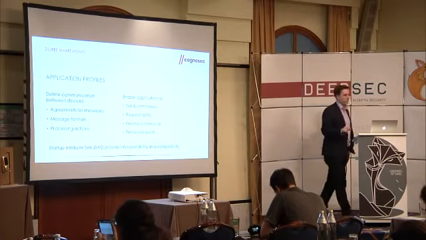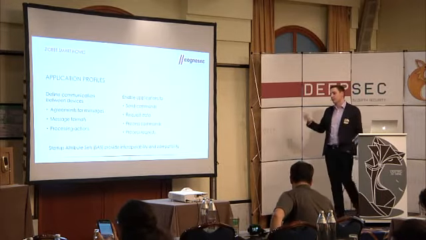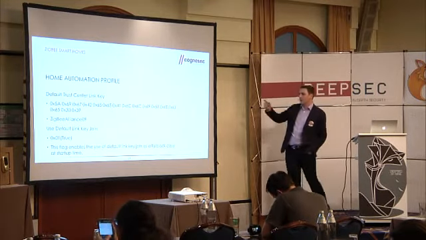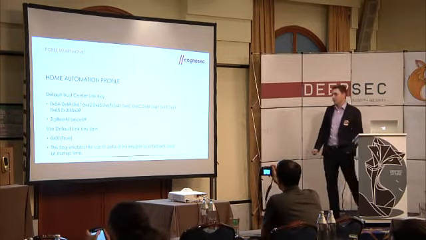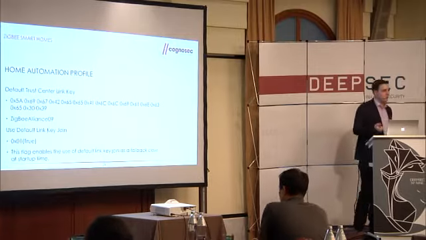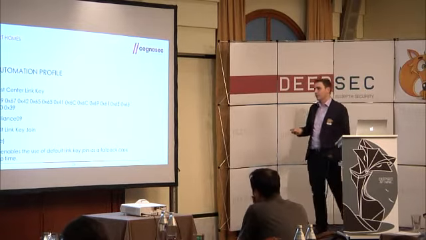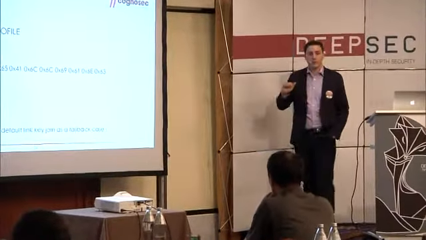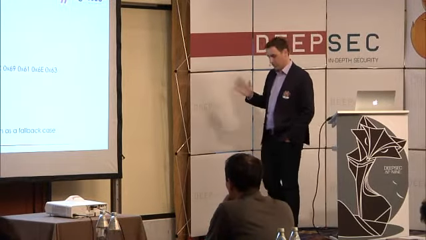This means every ZigBee device has some kind of a default configuration at startup. And these startup attributes are very interesting. For example, for the home automation profile, I took the two most security-relevant startup attributes. The first one is the default trust center link key. This means in the past, ZigBee exchanged the key without encryption, in plain text. Some researcher told them that this is not the best way, so they implemented an encrypted key exchange. But they also defined a default key for devices that don't know each other, which is okay for some reasons.